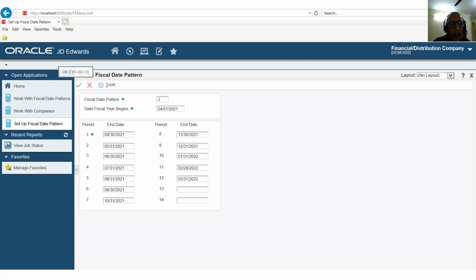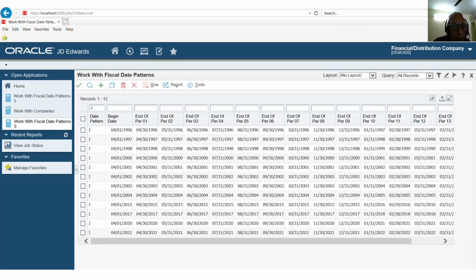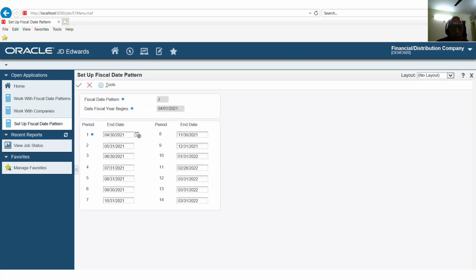I will tell you what the purpose is. It is now saved. So this is a year I created, and now I am reviewing it. See, periods 13 and 14 are automatically taken from the last 12 periods. So what is the purpose of periods 13 and 14? JD Edwards gave an opportunity that you keep these two periods for your audit adjustments. Every company's accounts are audited.